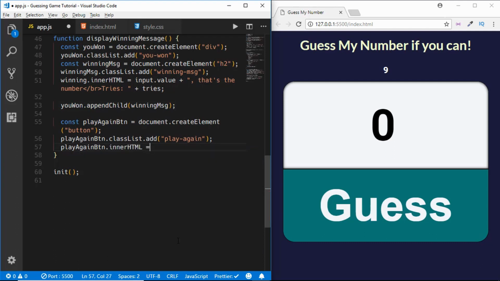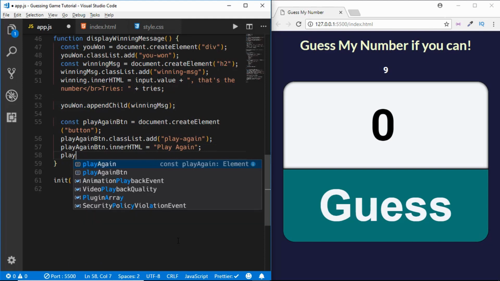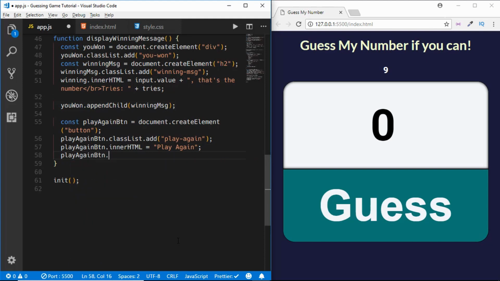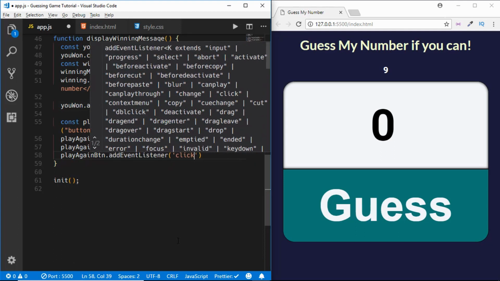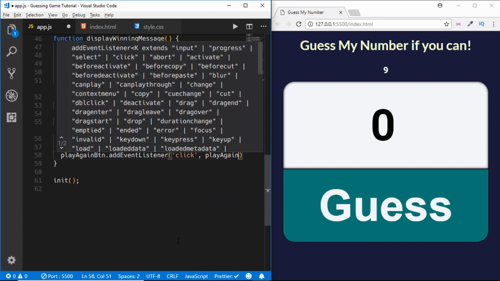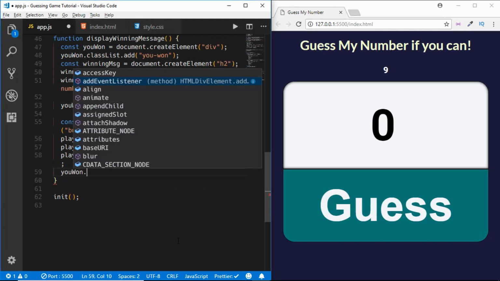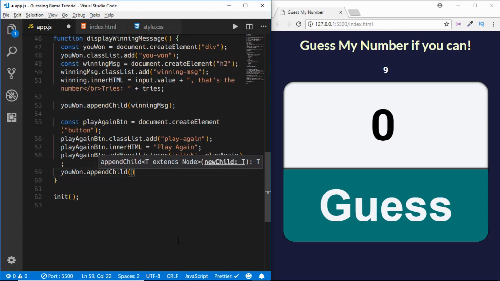dot innerHTML equals play again, and we will add an event listener, add event listener, and it will be a click event listener, and the function is gonna be called playAgain, and we will append it also to the u1 division. So appendChild playAgainButton,